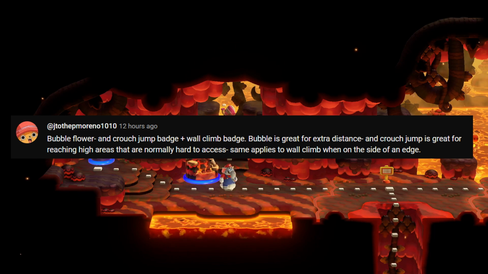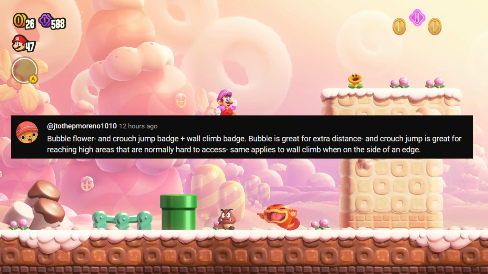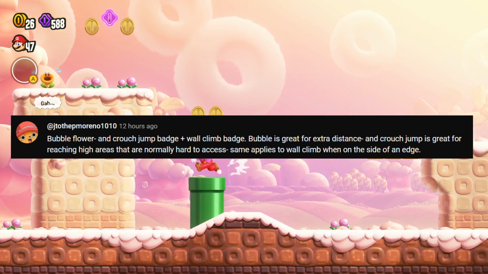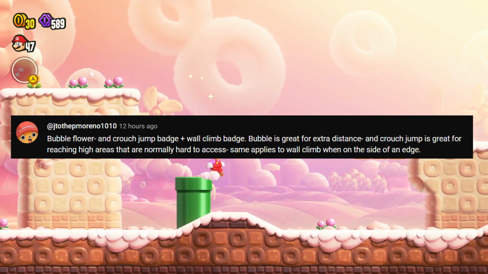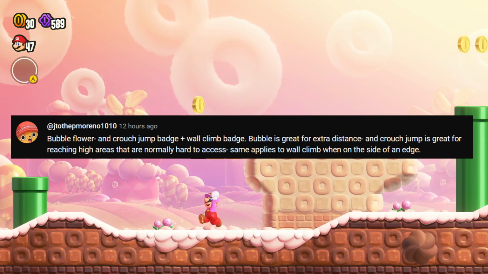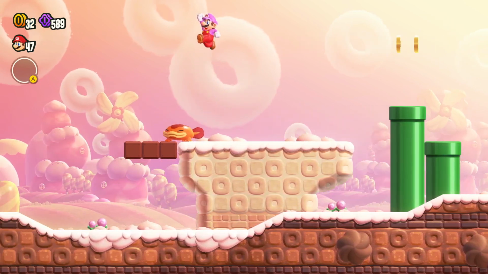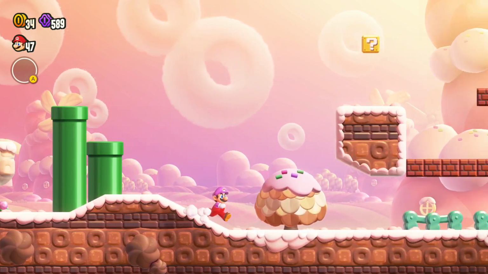So J to the P Moreno said, Bubble Flower and the Crouch Jump plus Wall Climb badge. Bubble is great for extra distance, and Crouch Jump is great for reaching high areas that are normally hard to access. Same applies with the Wall Climb, on the side of an edge. Yeah, the bubble is really cool. I've already seen a lot of people exploit the bubble, almost